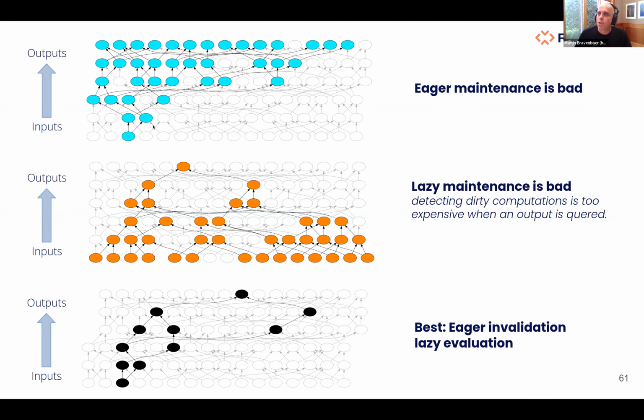There are a few different methods that you can use. Eager maintenance of everything is a really bad idea. Your performance will go down the drain very, very quickly. Lazy maintenance is also kind of problematic, because every time you ask for it, you need to check if it's still up to date, so you get very expensive checking if your view is no longer correct. So what we do is eager invalidation and lazy evaluation. We eagerly mark things as "this is all wrong, this is no longer correct," but then we lazily evaluate it once it comes in, and that gives us good performance in this dependency management system.